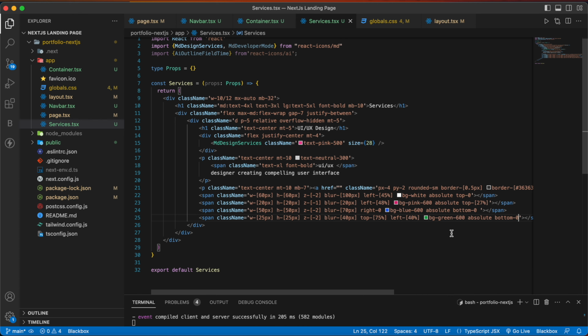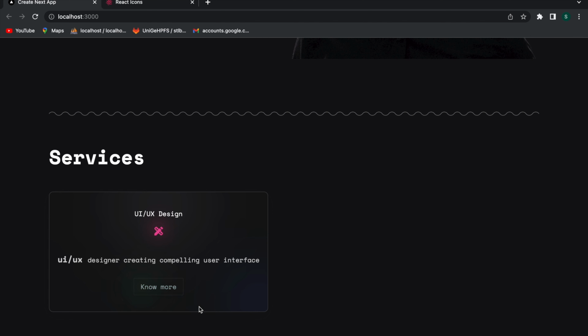Now let's save and go back here, and you can see that we have some nice effect here.